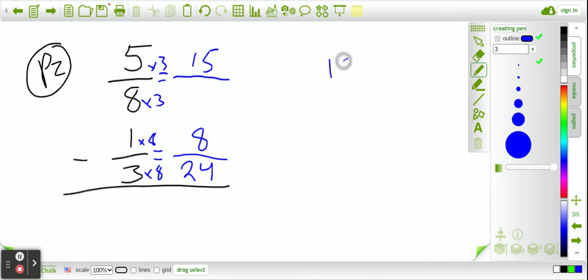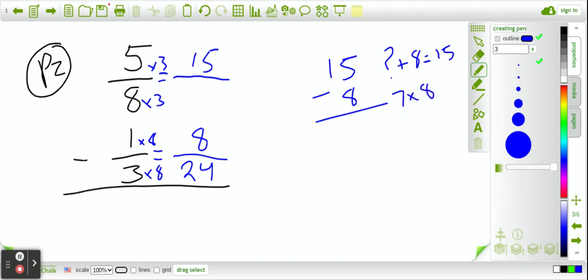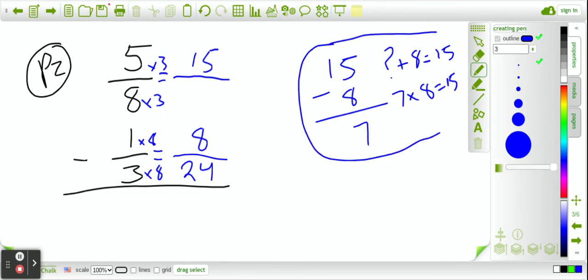So if I were to think 15 minus 8, well, that would be, let's see, if you're stuck, you could try to think, something plus 8 equals 15. So I could think, oh, that would be 7. 7 plus 8 equals 15. So 15 minus 8 must be 7. Work it out any way you can, but be careful you don't get it wrong, or your whole problem will be wrong. So my answer is 7